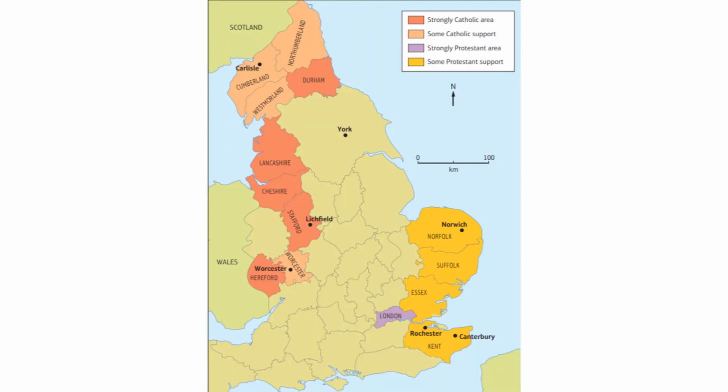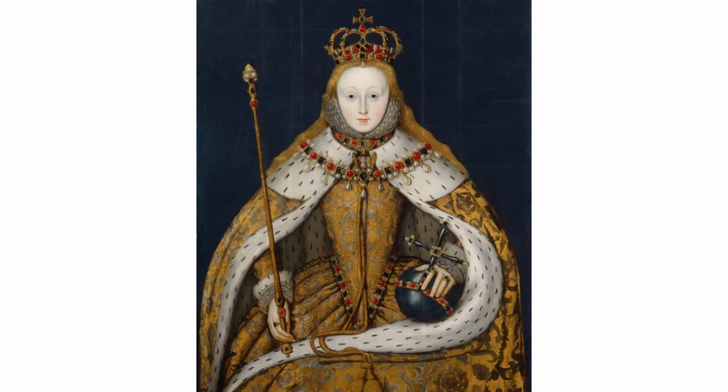As well as looking abroad, Elizabeth had to look within England towards her own people. In the north of England, there was significant support for Catholicism, whereas in the south, there was more of a support towards Protestantism. It would seem a compromise would be the best solution to Elizabeth's problems, but she also knew that by choosing a middle way, she ran the risk of angering everyone and pleasing no one.